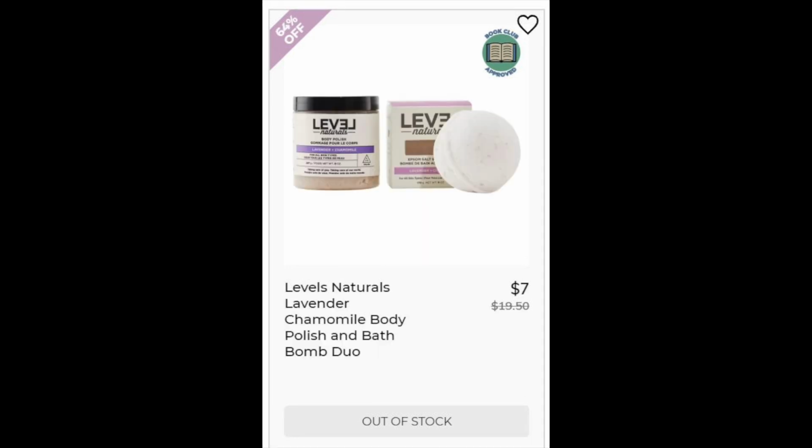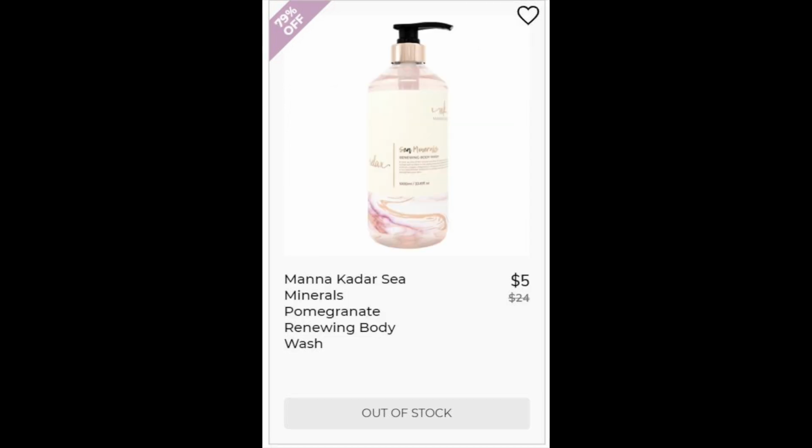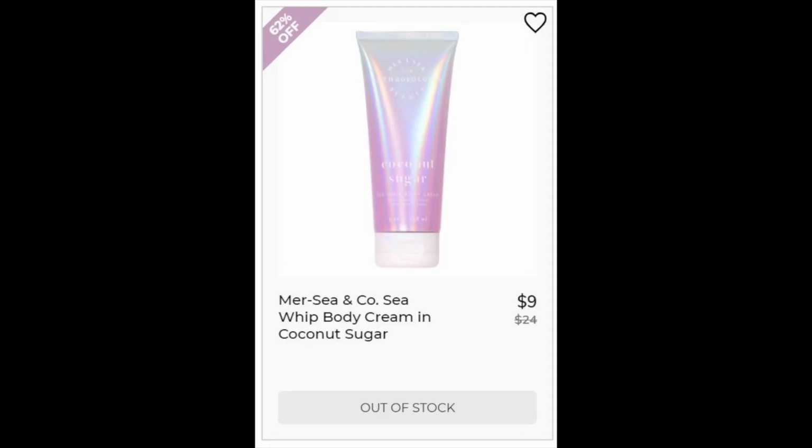The next one is from Level Naturals. This is the Lavender Chamomile Body Polish and Bath Bomb Duo, and I could not find enough reviews. The next one is the Manicadar Sea Mineral Pomegranate Renewing Body Wash, and on this one I also could not find enough reviews. For the mer-sea Sea Whip Body Cream and Coconut Sugar, this had a 4.6 star rating, 55